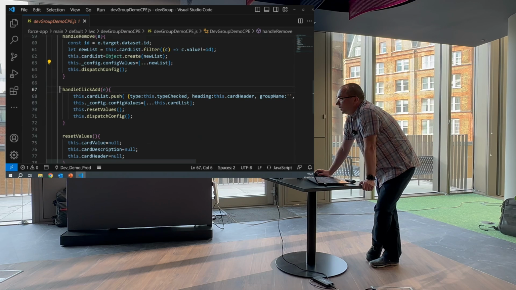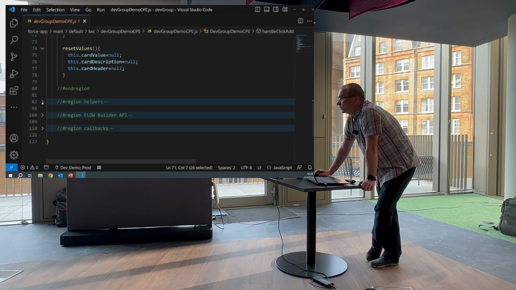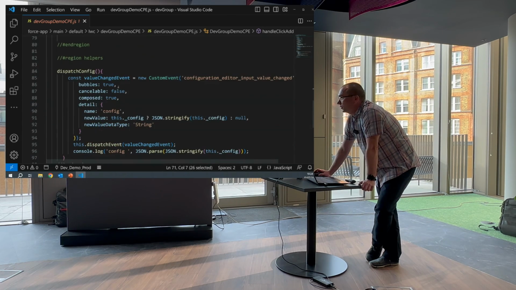And of course, I've got a handler for add new card, which is a standard method for an array, just pushing the card with all the values into it. And again, I am just updating that config and actually notifying that there are new cards and applying that array. Next, just resetting the value. So when I add the new card, the old value will be reset. So nothing special. And this patch config, what it actually does, this is that helper,